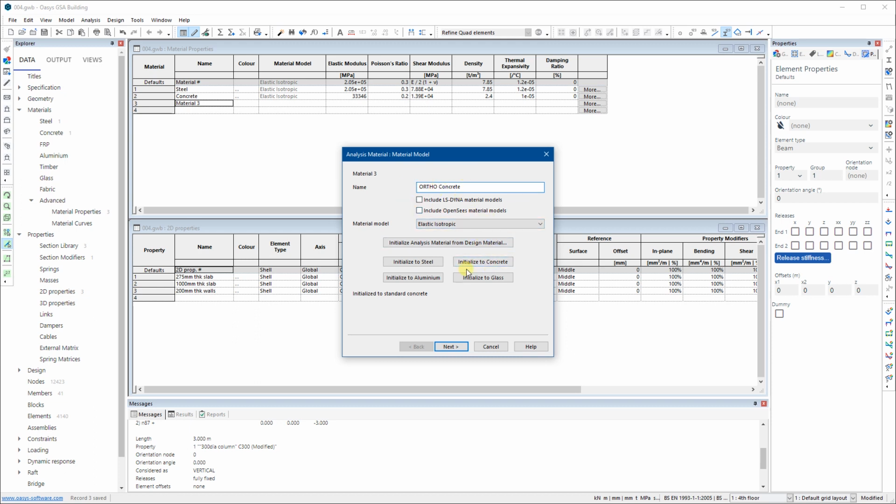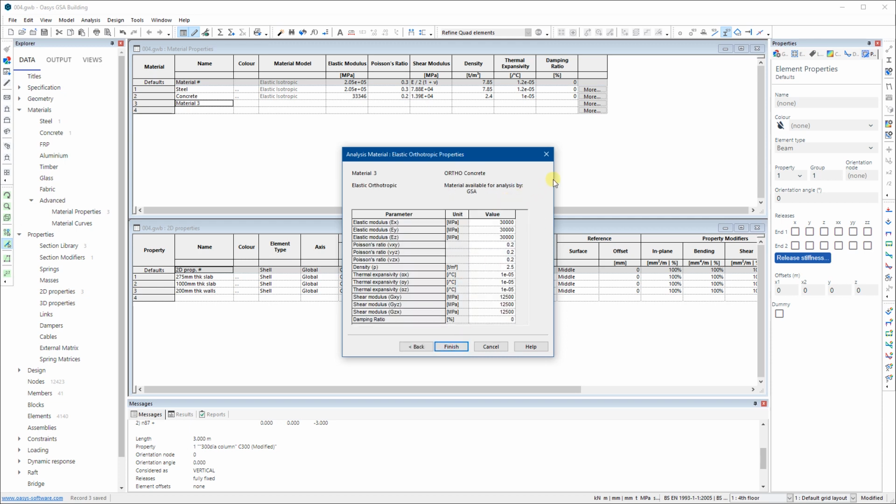By pressing that button, essentially, it's put in the default concrete properties in the dialogs which follow. It's a bit convoluted, but if you press that, it essentially puts in the default properties, so it's easier to alter them. Then just putting in the name, changing that back to elastic orthotropic. If I then go next, what you see here is perhaps the most, as the name suggests, the